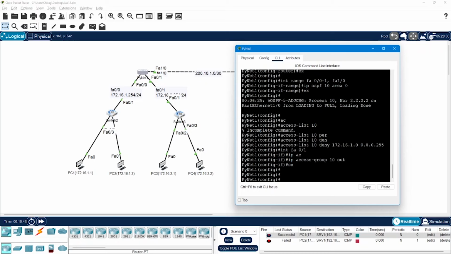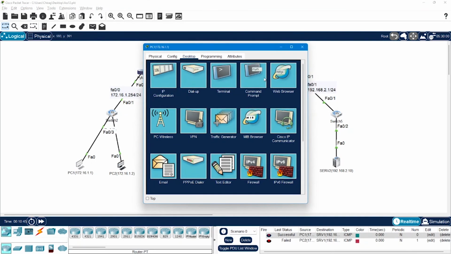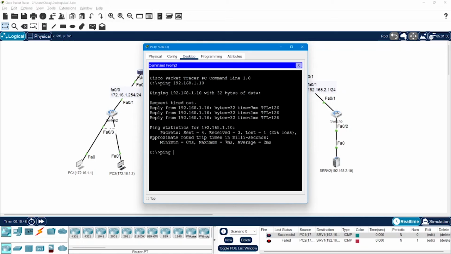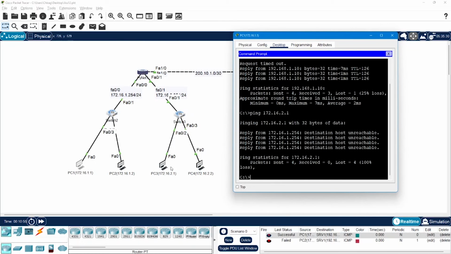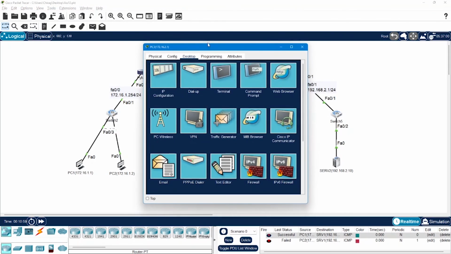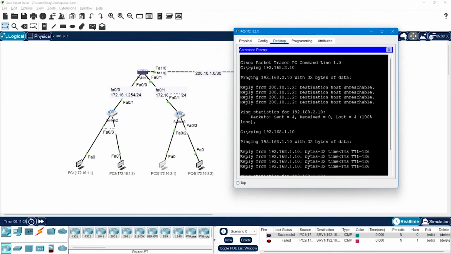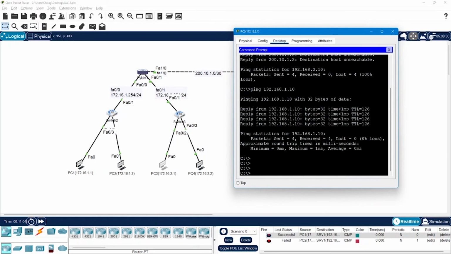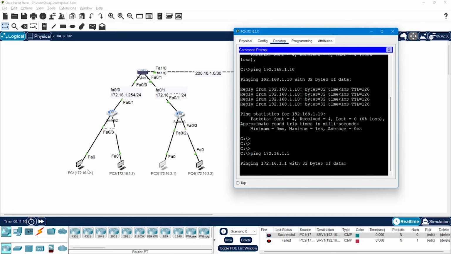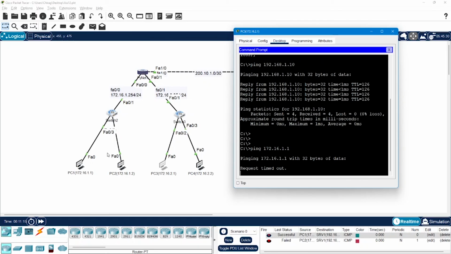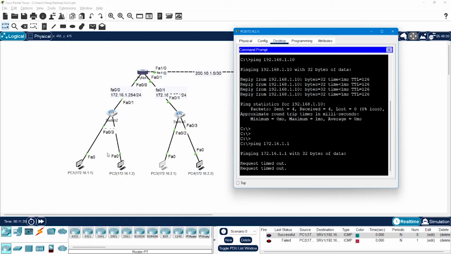Now if I just quickly verify this, if I go to PC1, go to command prompt and try to ping 172.16.2.1, then the communication is not there because of the ACL. But if I, let's say, try to ping from PC3 to PC1, then this is also going to fail because we will not be able to receive any reply, as we have blocked the communication coming from 172.16.1.0. So that means the ACL configurations are done successfully, and we have successfully completed assignment number 12 which